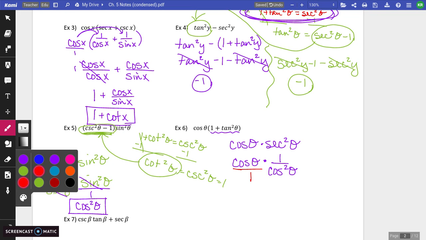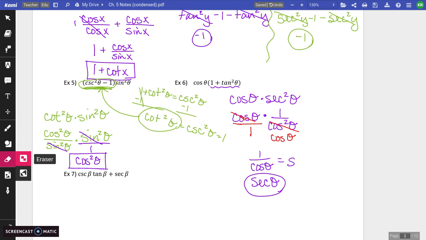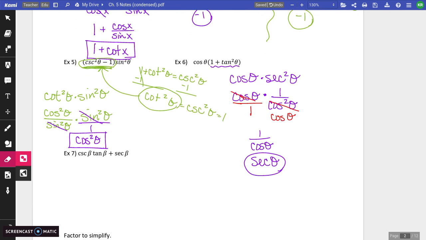You can reduce. So you can reduce out a cosine here and take out a cosine here. Now this is cosine squared, so that does mean cosine times cosine. So if I simplify out 1, I still do have one other cosine left. So this ends up simplifying to 1 over cosine. Okay, well, 1 over cosine is secant. So this simplifies to secant of theta. All right,